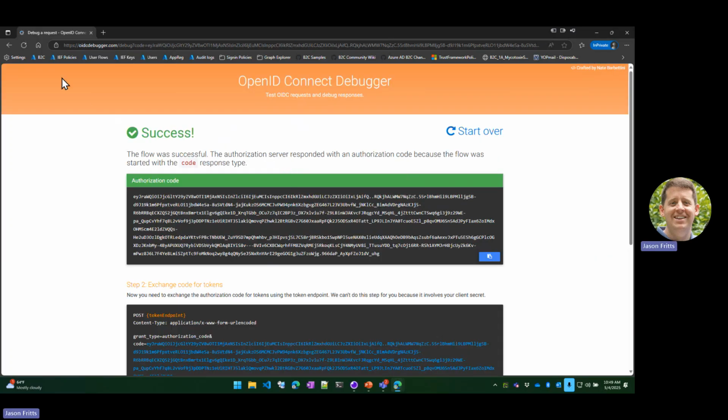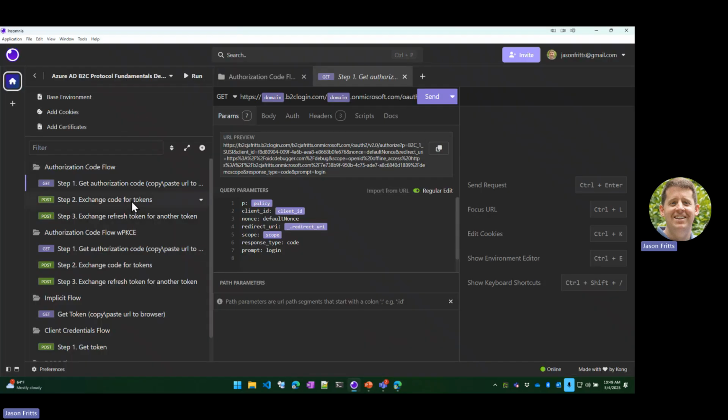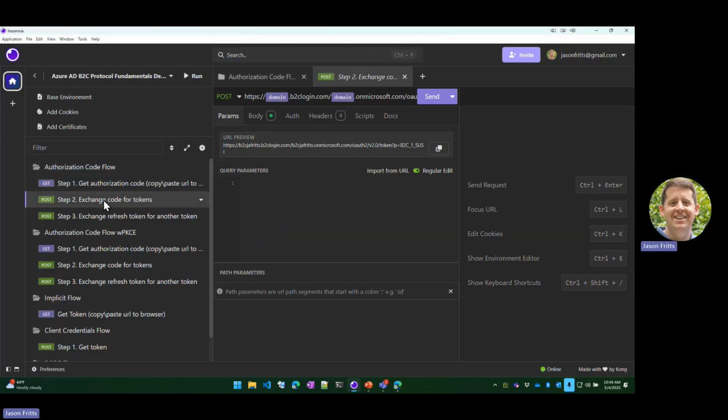And if everything works, it should redirect you to this demo site, which lets you see the authorization code that was returned by B2C. So I'm going to copy that to my clipboard and then proceed with the next step of the authorization code flow, which is the client app, which is Insomnia in this scenario. So I'm going to go to the second step,